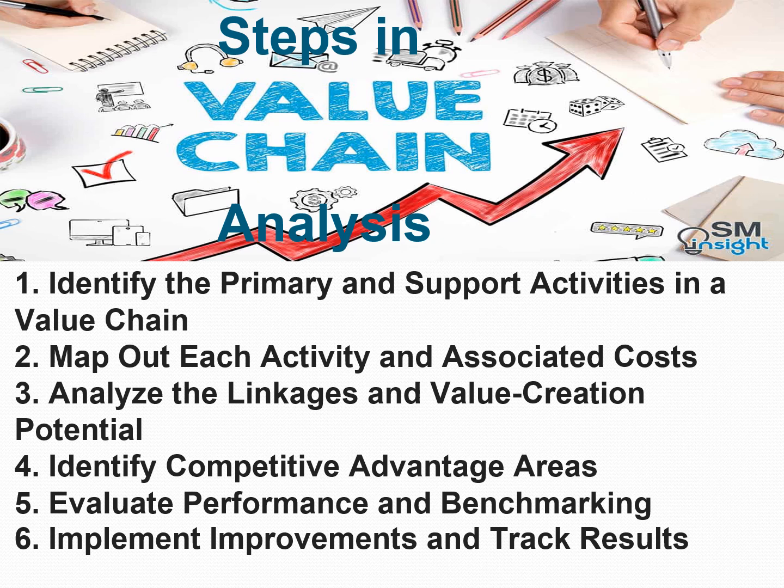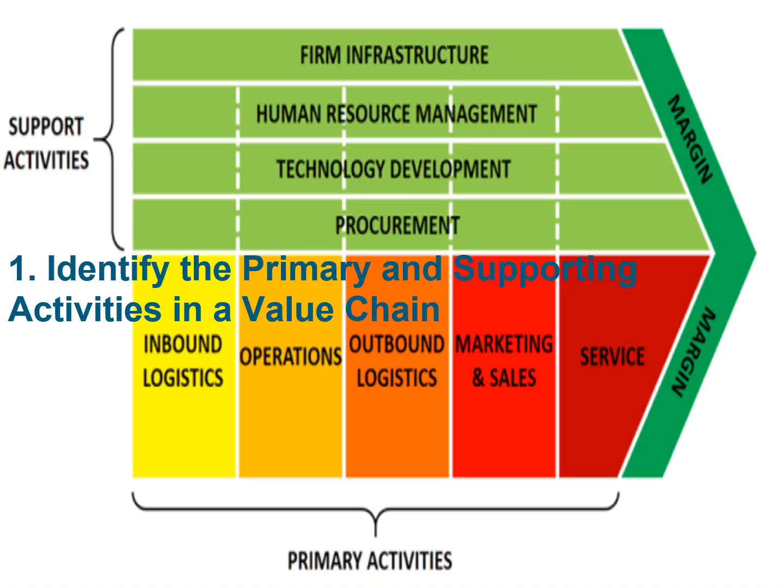First of all, identify the primary and supportive activities in a value chain. Then map out each activity and associated cost with it. Then analyze the linkages and value creation potential. Then identify competitive advantage areas in this business, and then evaluate performances and benchmark each activity, and finally implement improvements and track the results. So now let's start with the first step, which is identifying the primary and supporting activities